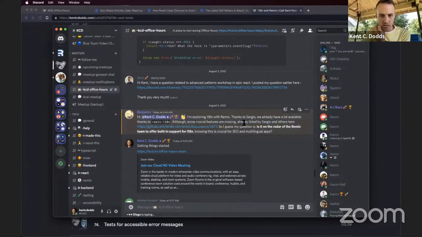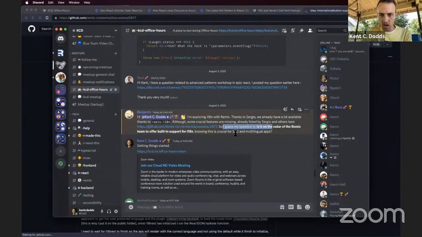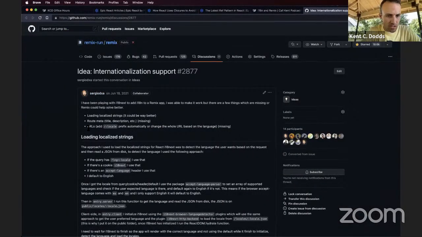Some crucial features are missing, already listed by Sergio and others in this discussion. So I guess my question, is it on the radar of the Remix team to offer built-in support for I18N, knowing this is crucial for SEO and multilingual apps? So yeah, the